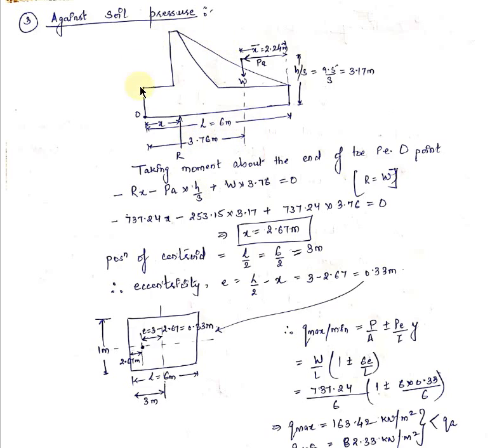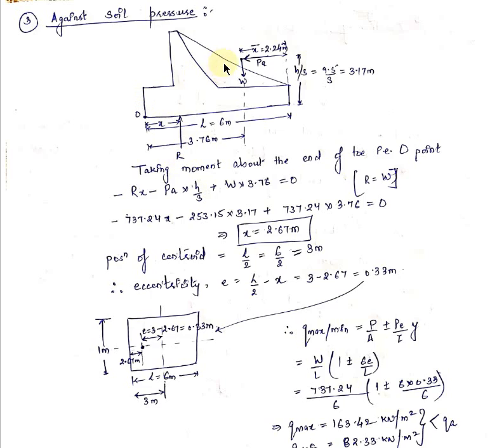So for this, see, this is a triangle. This is your counterfort retaining wall. So total weight is acting at a distance of 2.24 meters. PA is acting at a distance of h by 3 from the base. Suppose the total soil reaction capital R is acting at a distance of x from the end of the toe. Suppose this end of the toe is capital O.